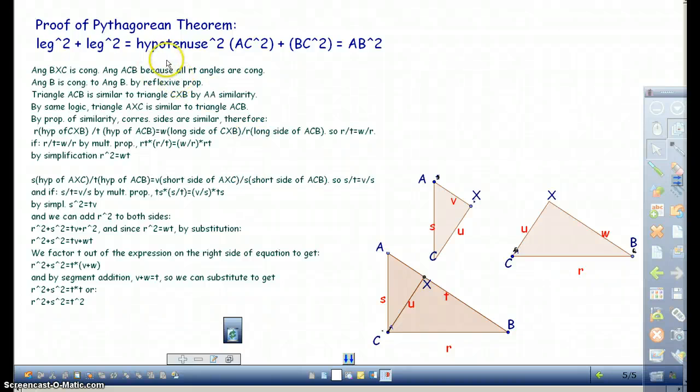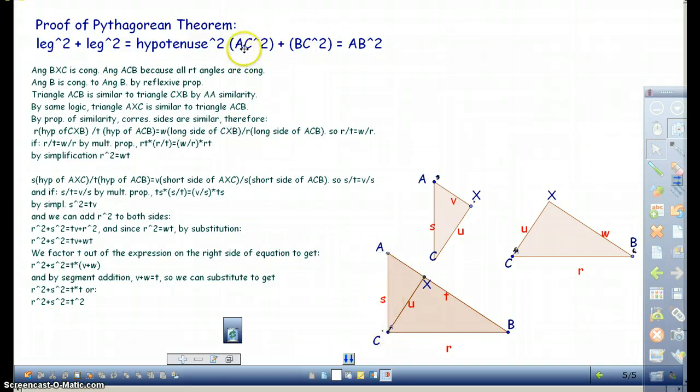Okay, one of the absolutely most important theorems in geometry is this one here, that is called the Pythagorean Theorem. And trust me when I tell you that it is used like no other, and has really served mankind well. So what it says is that the square of the measure of one leg plus the square of the measure of another leg, the sum of the squares of those two measures, is equal to the square of the hypotenuse. So in this triangle ABC, we would say leg AC, the measure of leg AC,